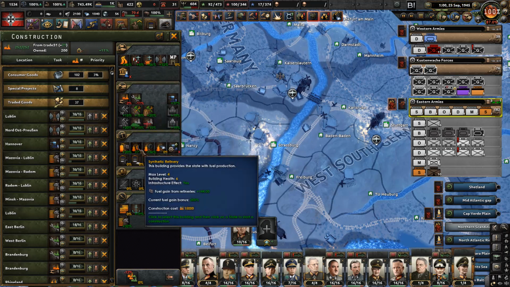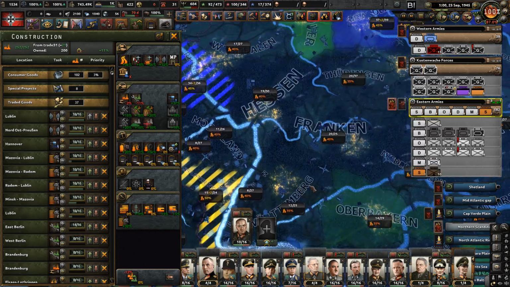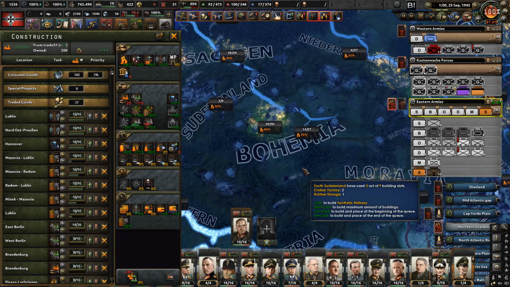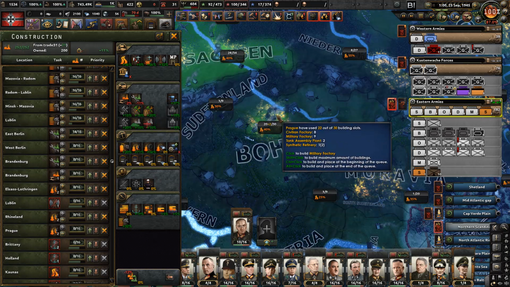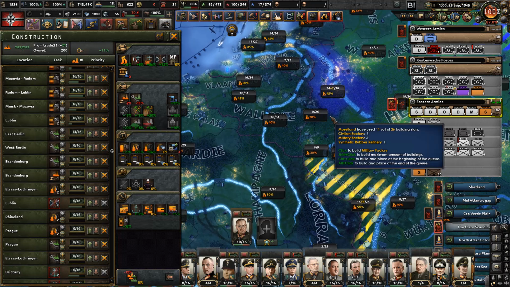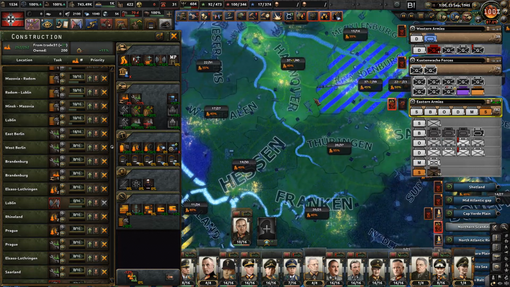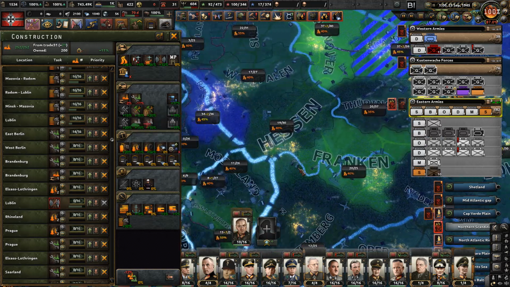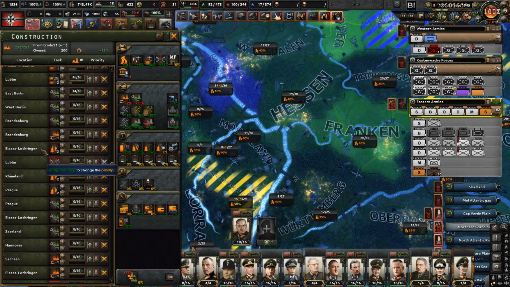Yeah, the speed of building these synthetic refineries is pretty good. So let's build 2 here and 2 there. And let's build 2 more in here, which will also allow us to schedule a couple more factories here and there. And 2 more civilian. Okay, now let's make it a bit more...